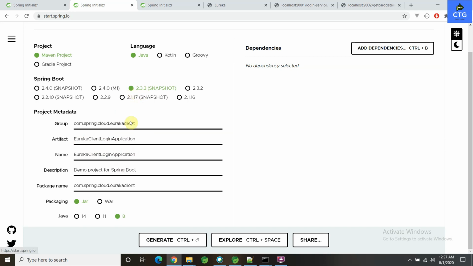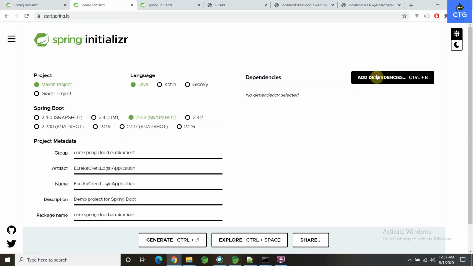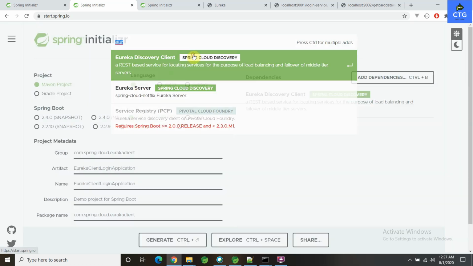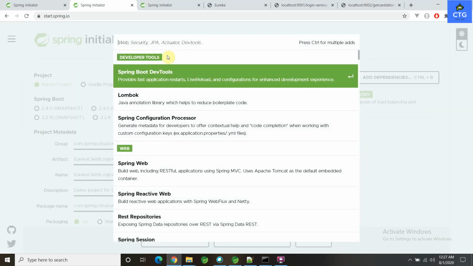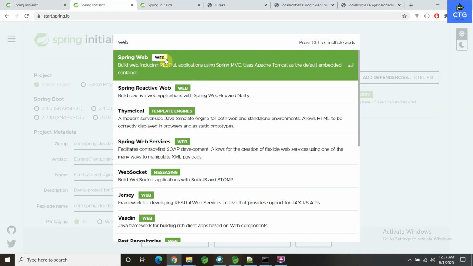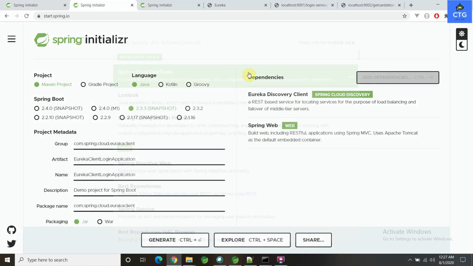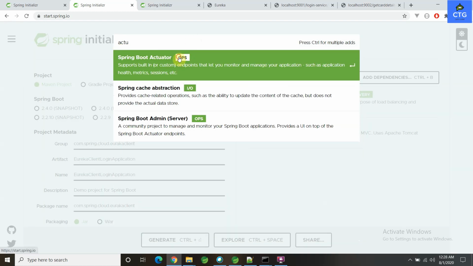We have to fill in all the required details, the group ID, artifact ID, and version, and then select the Eureka client dependency, because we are going to write one business logic with a REST API. So we need to select the Spring Web dependency, and include Spring Boot actuator also.